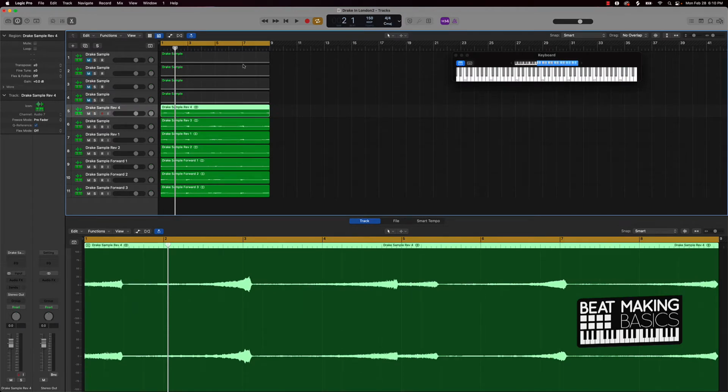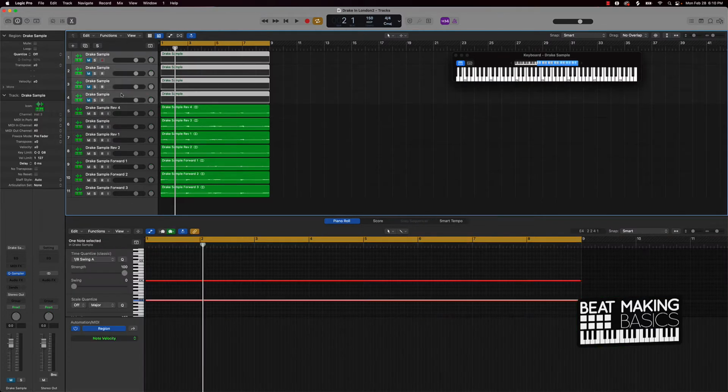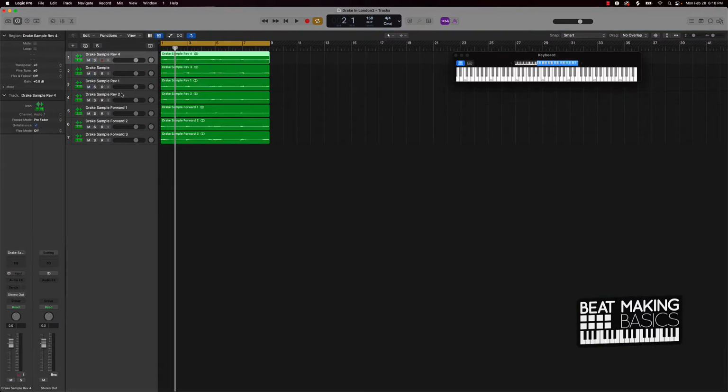So I'm just going to go ahead and save this, do a Save As, Command S. I'm going to delete all this other stuff, and now I'm left with nothing but the audio of everything. I can just put this all together like this, and I have different sections of the song pretty much ready to go. So what I'll do is mute out everything here and we'll start cooking up a